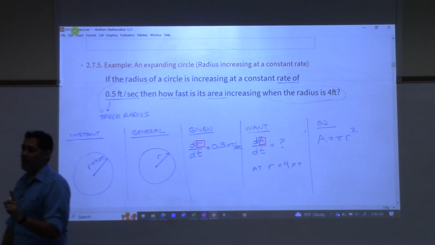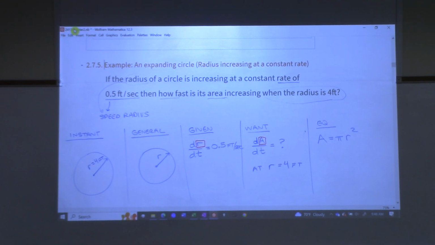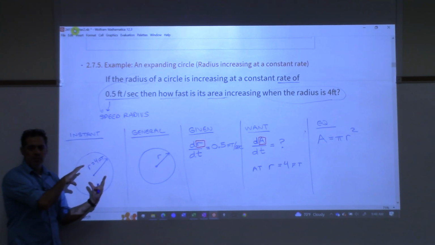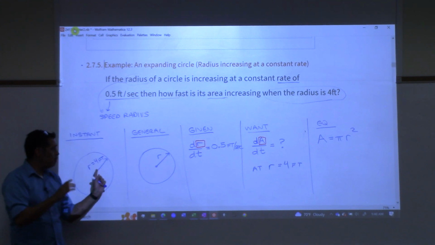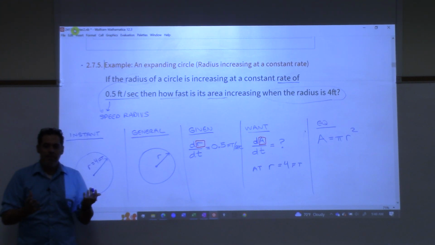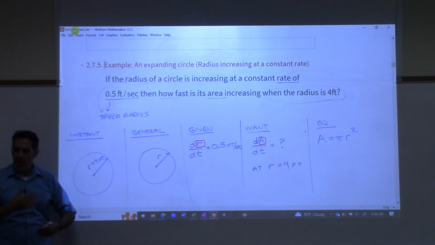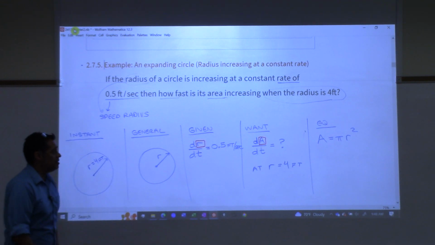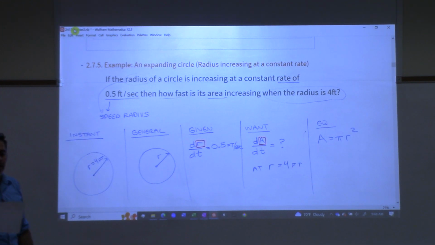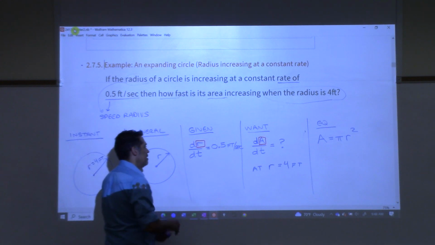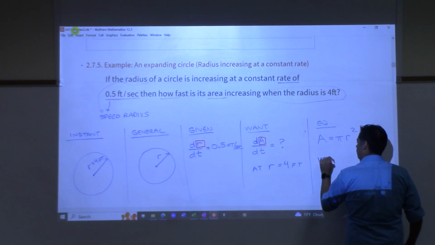That's an equation that relates the radius and the area of a circle together. What you do not want to do right now, though, is plug in 4 for the radius. If you plug 4 in for the radius, then you have made this a static problem, haven't you? We want to act like everything's in motion. As soon as you plug 4 in, everything stops moving, and that would be like me standing here asking you how fast I'm moving, and I'm not moving, right? We need to act like everything's in motion. So we're going to leave that r as a variable, and we move to the next step, which is step 5. And it says use implicit differentiation on this equation. So I'm now going to take the derivative of this implicitly,